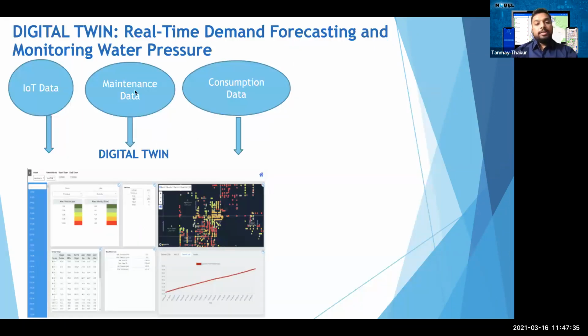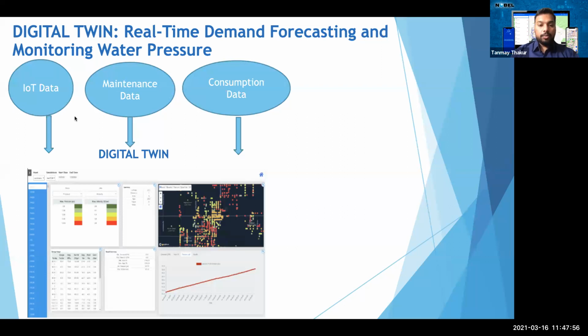Going through the digital twin for this business risk index, as I told you, it's the IoT data, the maintenance data, and the consumption data that goes into this algorithm to help you get a business risk index year to year. And this changes in real time.